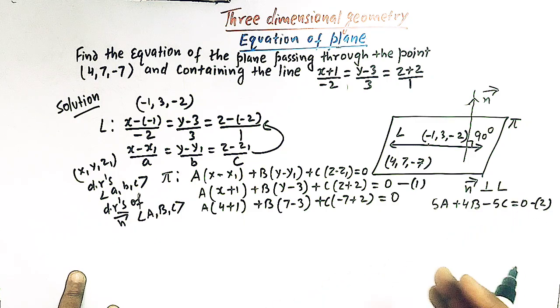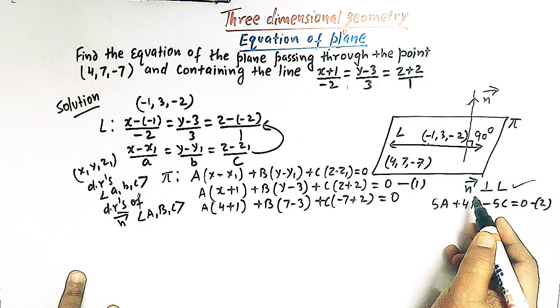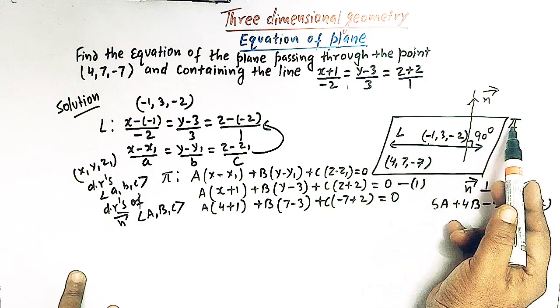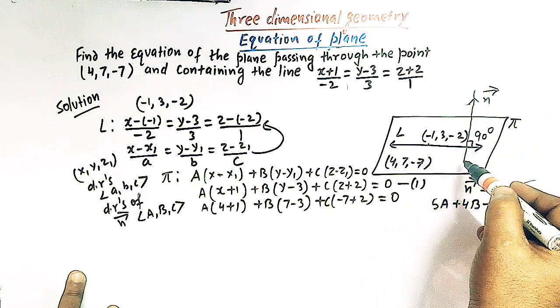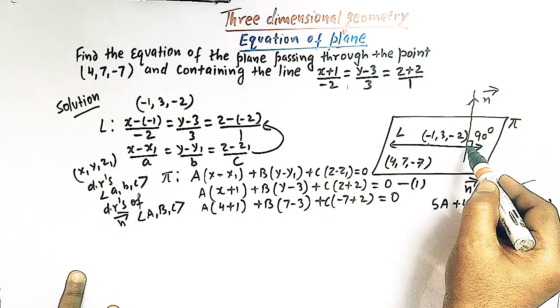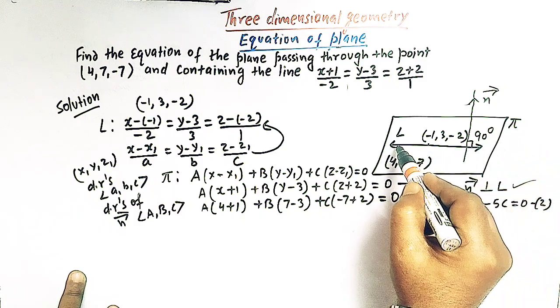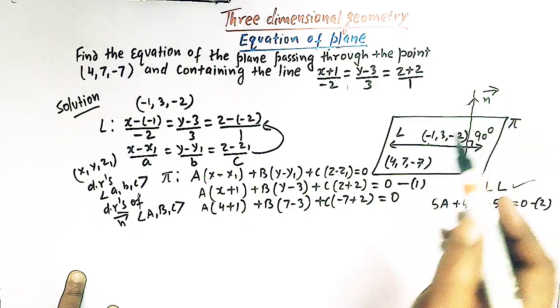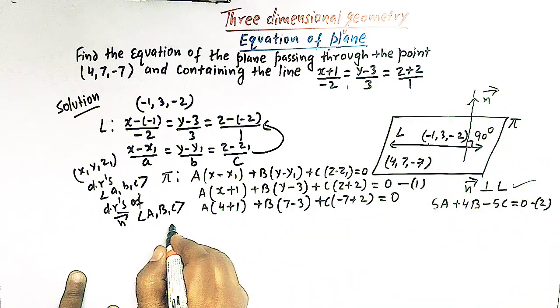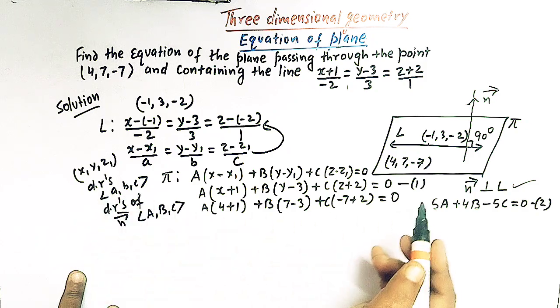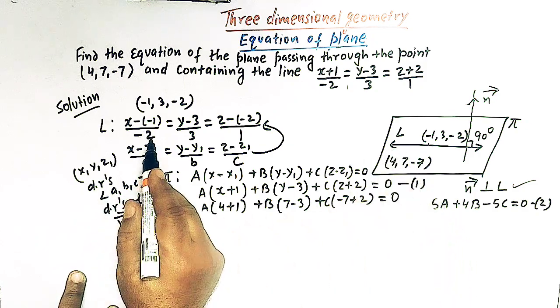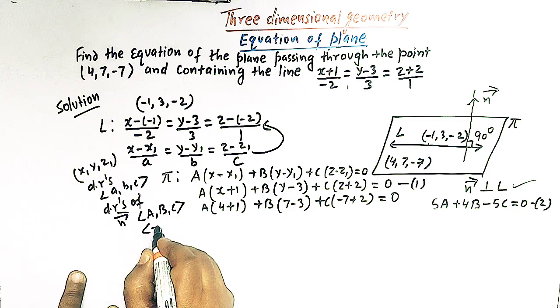So now our aim is to get another equation in A, B and C using this condition, that is since this plane pi contains this line L, therefore the normal vector to this plane pi is also perpendicular to this line L. Now the direction ratios of the normal vector are A, B and C, and the direction ratios of this line L are given by minus 2,